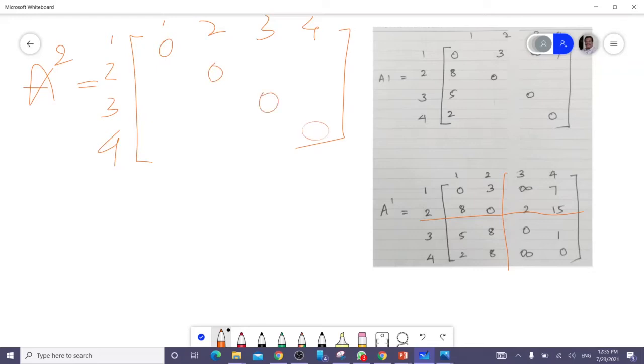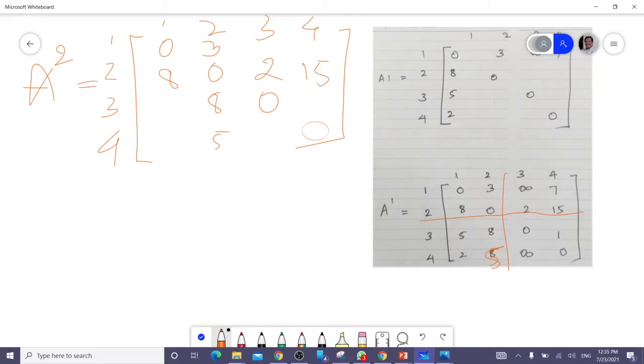Diagonal elements, keep them as they are. Second row, that is 3, 8, this is 5 actually. Next, second row, this is 8, 0, 2, 15.